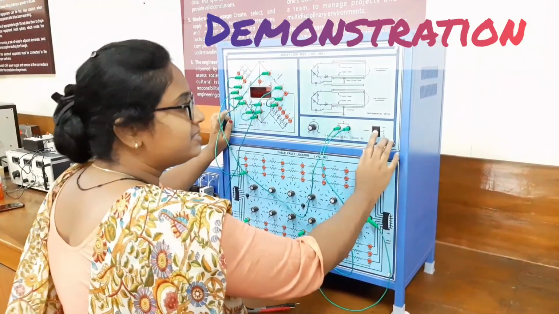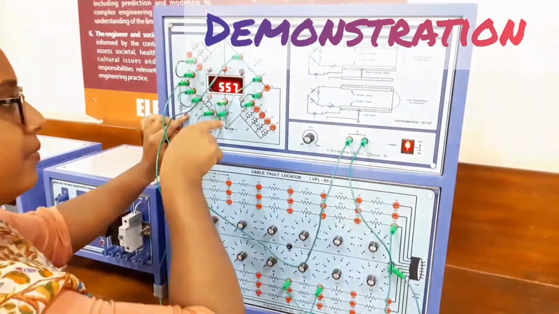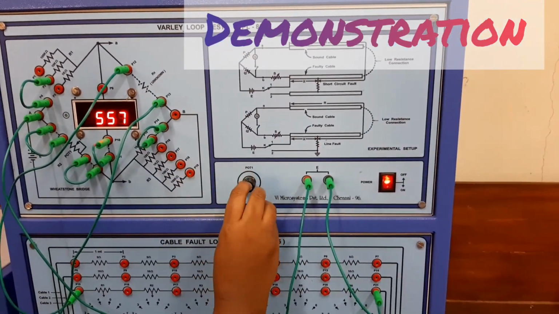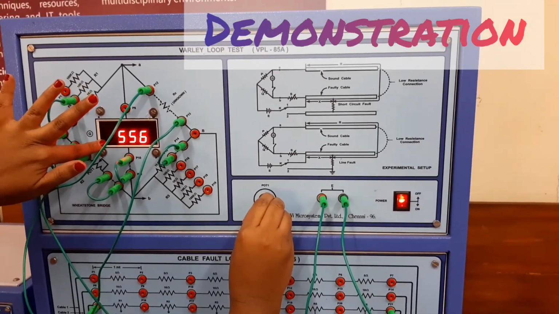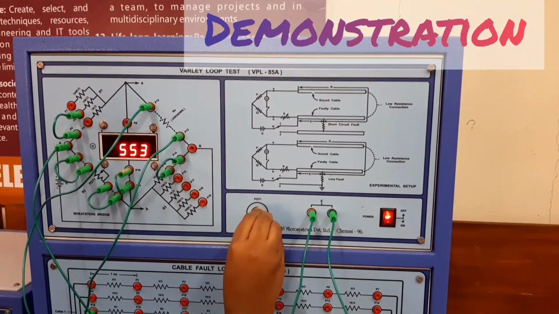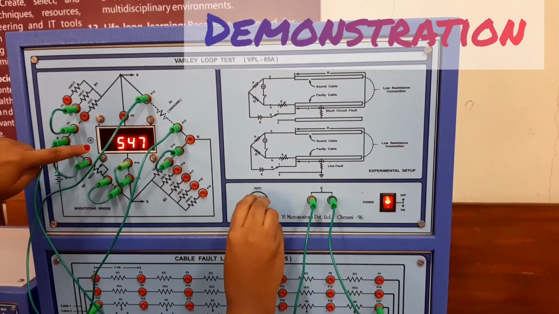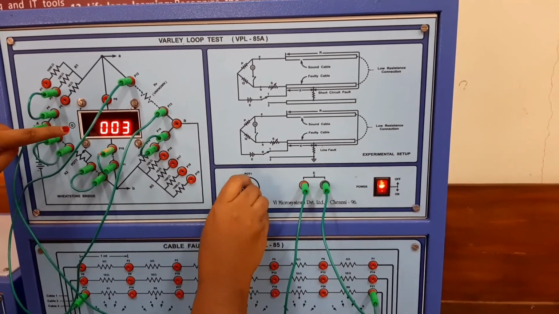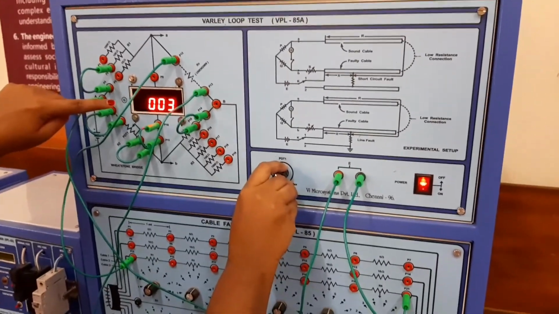What we need to do is just turn on the setup. Once the setup is turned on, we have to regulate the potentiometer till we get 0 reading in the galvanometer. I'm just rotating it. I just want to turn this galvanometer value to 0. Approximately 0 you find it over here. Approximately, there is an error, so we'll leave it.